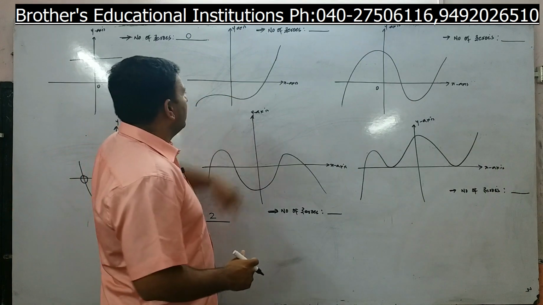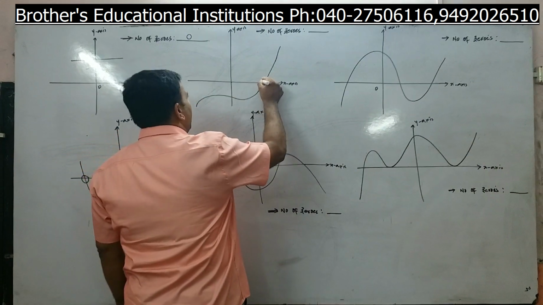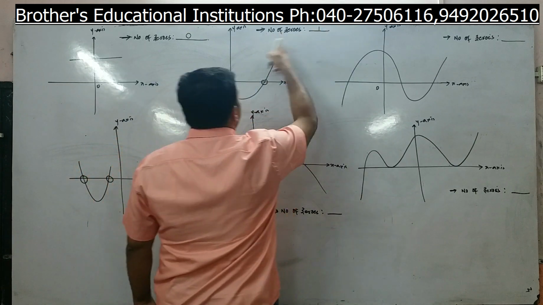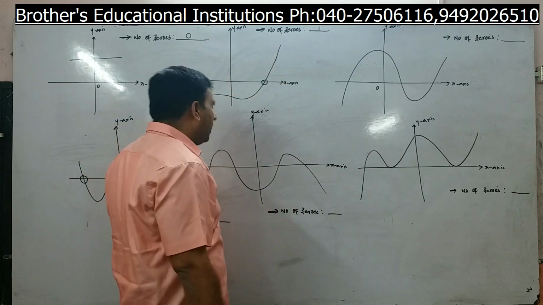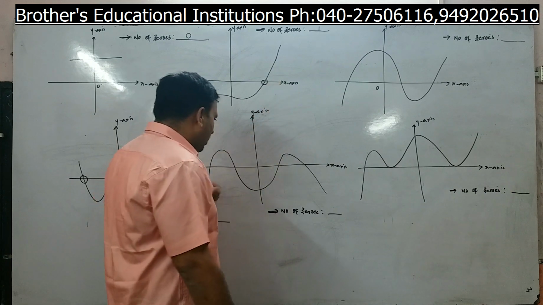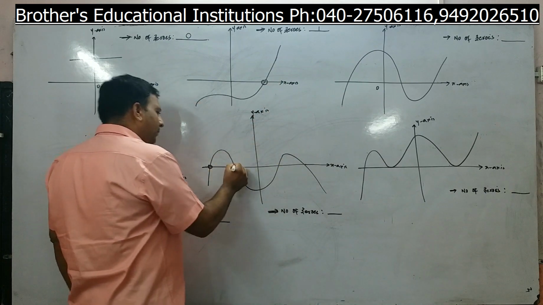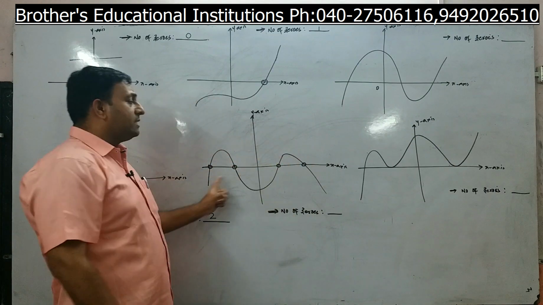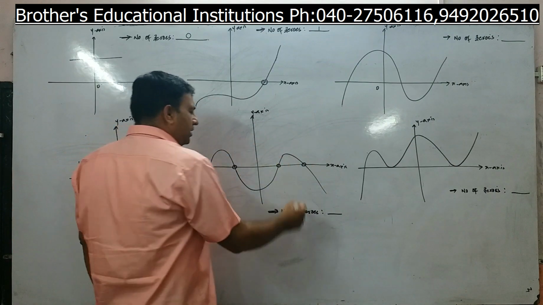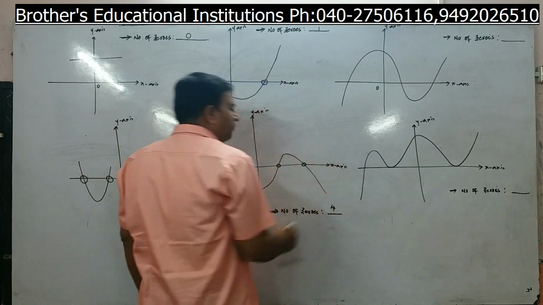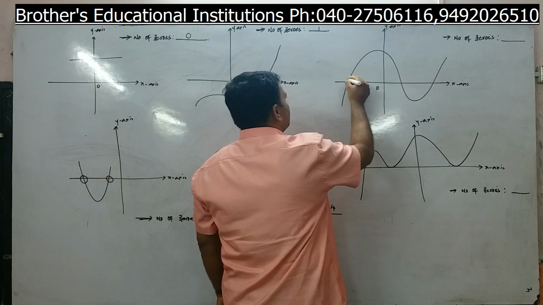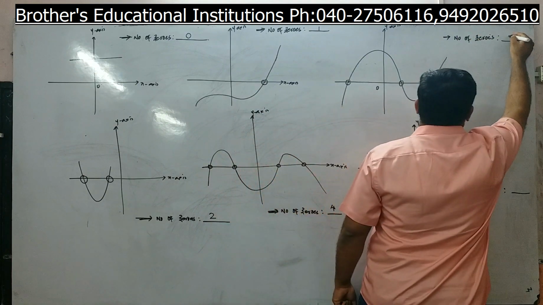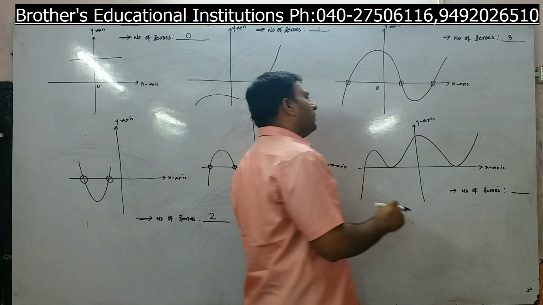Here this is a graph. Can you see that this graph is cutting the x-axis at only one point? So how many zeros are there? Only 1 zero of a polynomial. What about this graph? It is cutting here 1, 2, 3, 4. So how many times is it cutting? It is cutting 4 times. So how many zeros are there for this polynomial? 4. Similarly for this graph, this is 1, this is 2, this is 3. So the number of zeros is 3 for this particular graph.